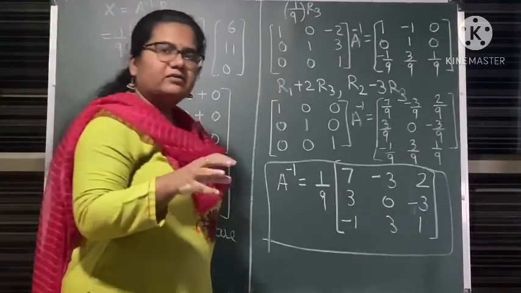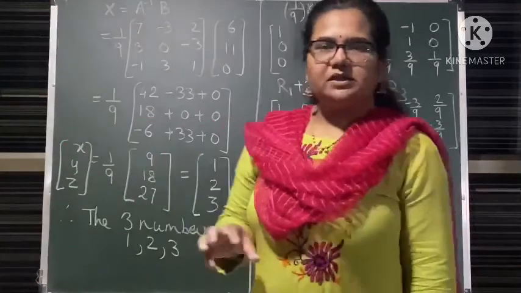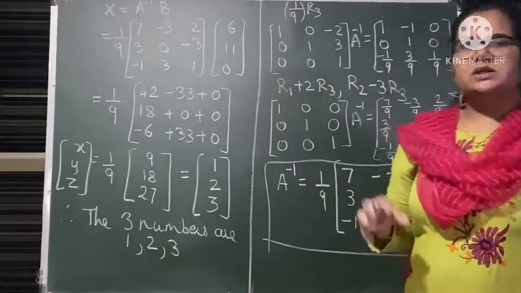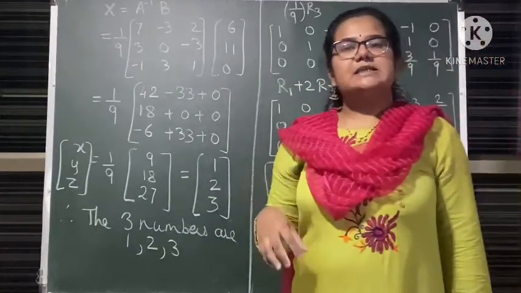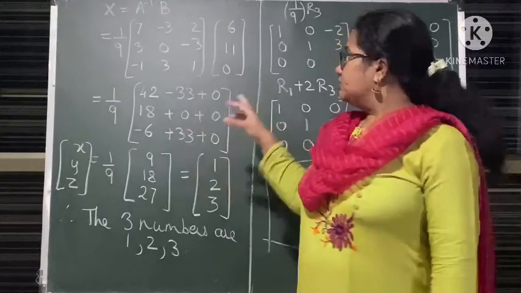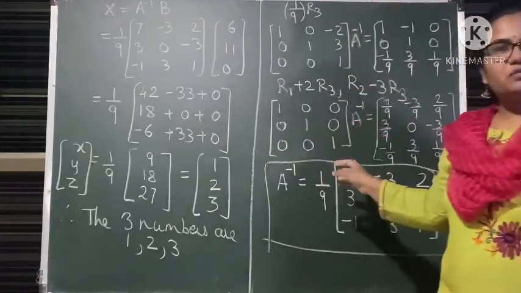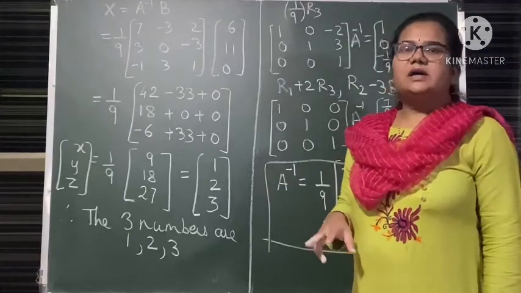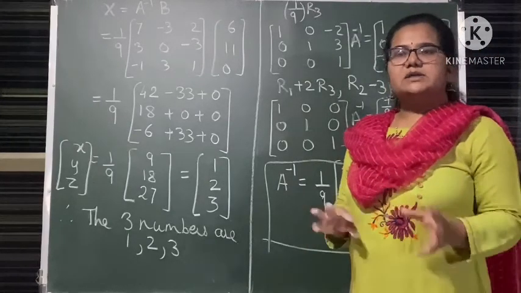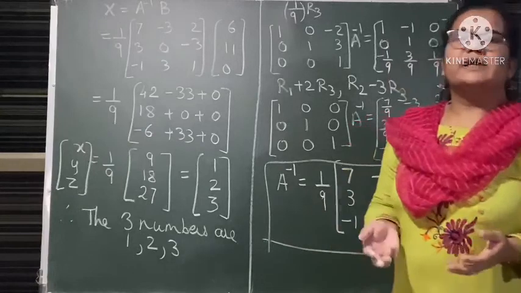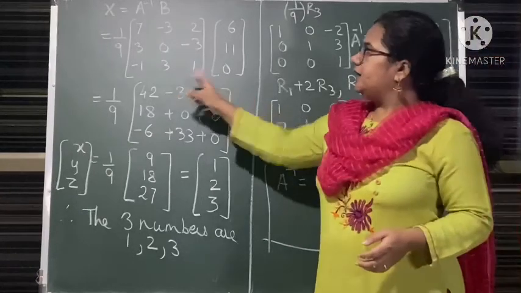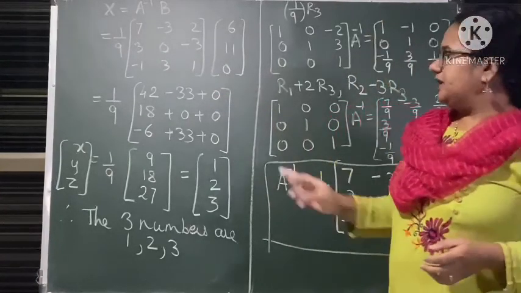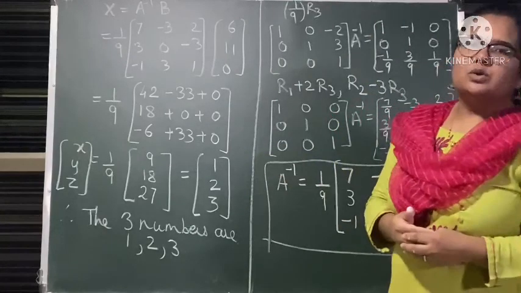So first we used the conditions and wrote the linear equations, then the matrix equation, then the inversion method. In this example we have used the elementary transformation method to find A inverse. In the previous two examples we used the adjoint method to find A inverse. Okay, I have shown you how to use both methods to find A inverse, and then after finding A inverse you have to multiply by matrix B and you get the values that you want.